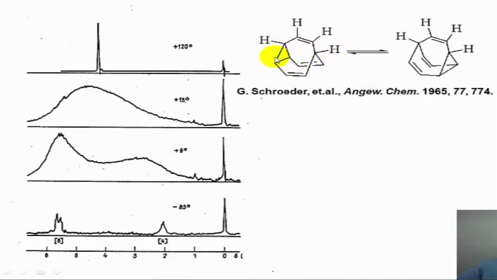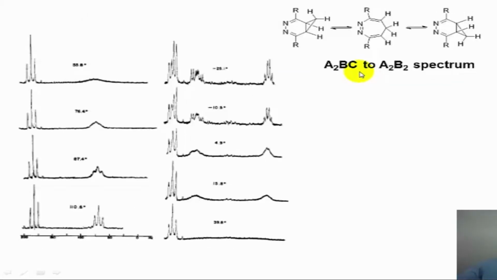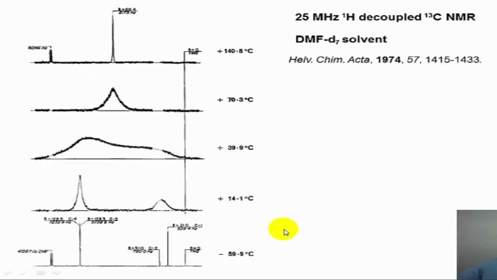So there should be 4 separate signals for the 4 chemically distinguishable types of carbons in this particular molecule. And this is essentially seen as 4 signals. There are 2 signals which are very close to each other, which are the vinylic signals coming in this particular region. There is one signal corresponding to the methine carbon and one signal corresponding to the cyclopropyl carbon. Sorry, these are all carbon signals, not hydrogen signals. So 2 vinylic carbon signals, 1 methine carbon signal and 1 cyclopropyl carbon signal is what is seen.